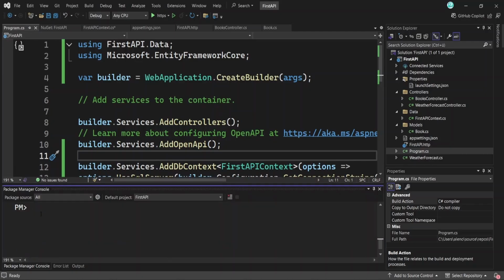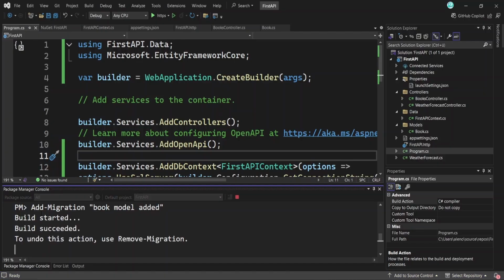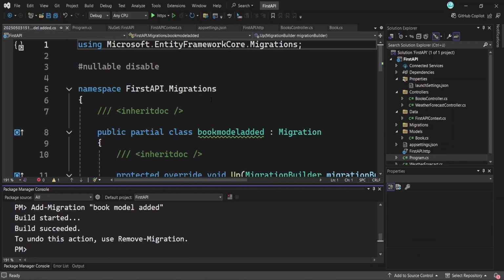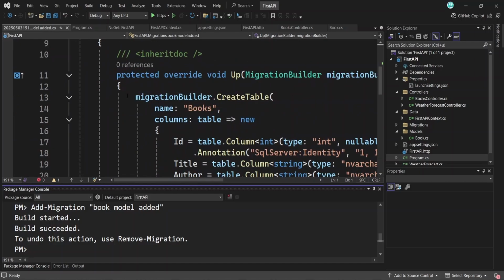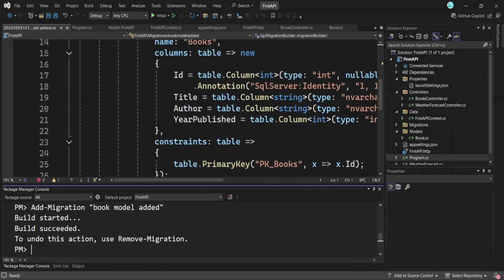We need to write the command add-migration, and here you can give a name to this migration, like InitialMigration, or let's say BookModelAdded, so what we are adding to the database by adding this migration. Okay, the migration was added successfully. As you can see here, this is the migration class. You can see that here is specified that the table will be created in our database named Books